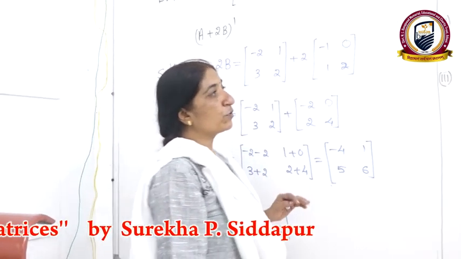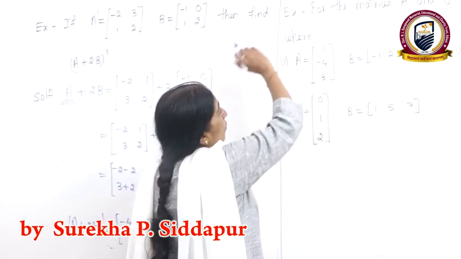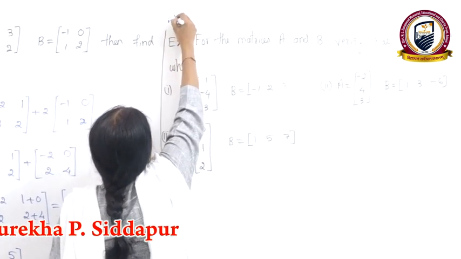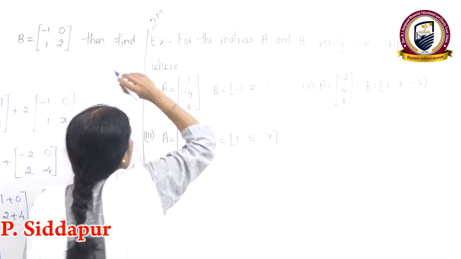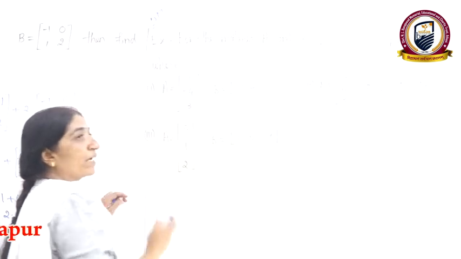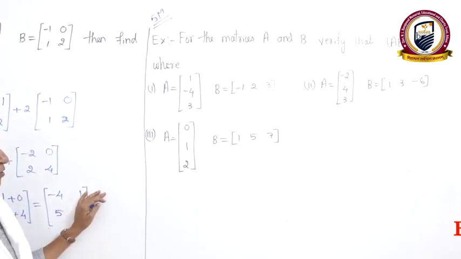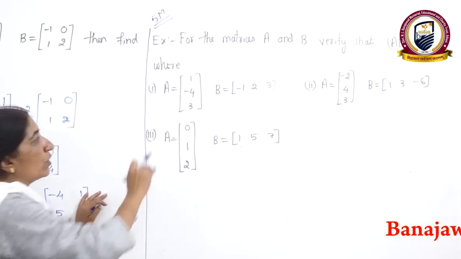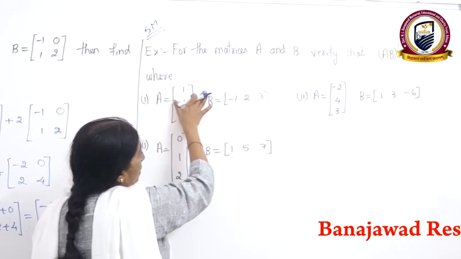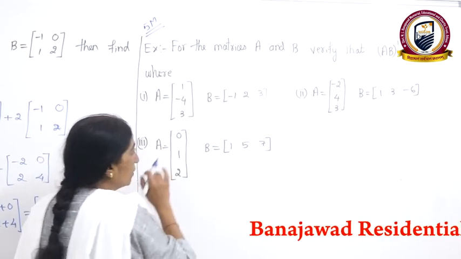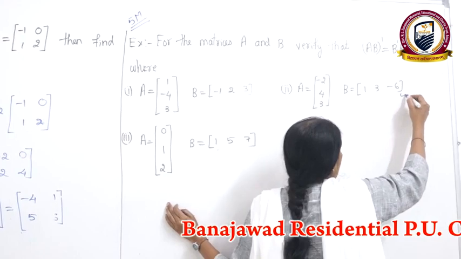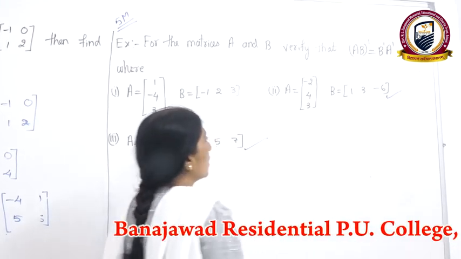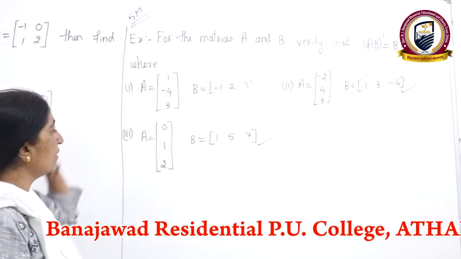Now I am moving to the next problem. Here the problem is given, and remember this is for 5 marks. The one question carries 5 marks, and they can ask this question in part D. So 3 questions are given for you. This is first one, second one, third one. Second and third I am giving you as an assignment. I am explaining the first one.